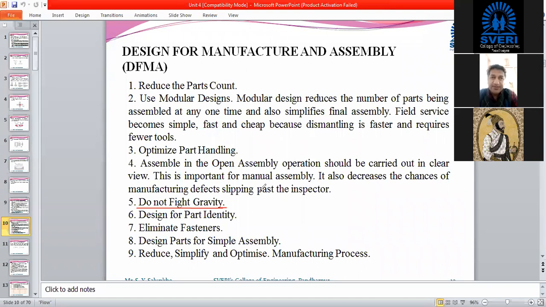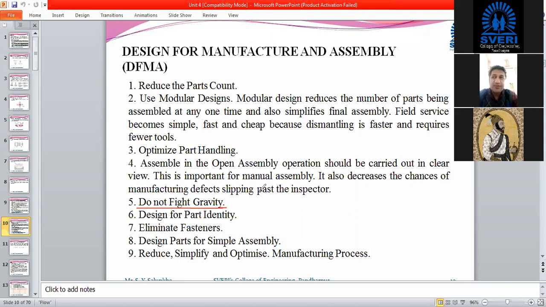Getting? So every designer, maybe he is designing very simple machinery, any simple component, or very large machinery like locomotive engines or aeroplanes. In all these cases, we have to take care that we should not fight against the gravity. We have to take advantage of gravity.